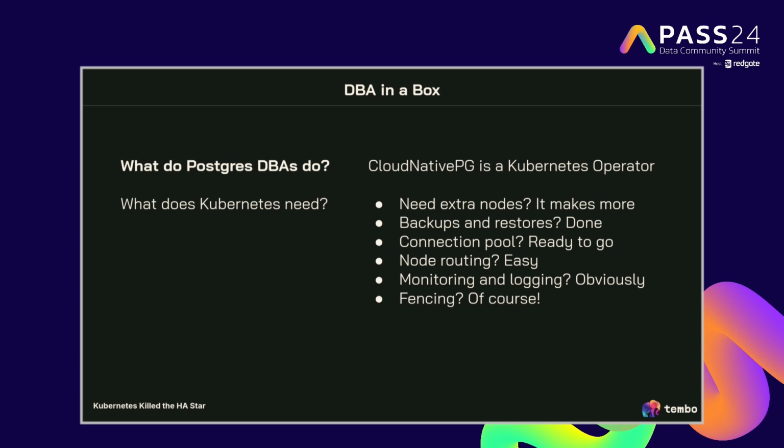You need routing, read and write, they both exist. There's also a pool for all your database nodes in case you want to go to all of them. Monitoring and logging are built in, and it's all OpenTelemetry, so you can just dump that straight into a Prometheus endpoint, which you can also host on Kubernetes. Fencing, yeah, of course it's not going to let you connect to nodes that aren't fully online yet. And because it's all kind of hidden in a box, you can't even try to connect to it unless you really know how to get into the system and kind of dig into its guts and force a connection somehow.